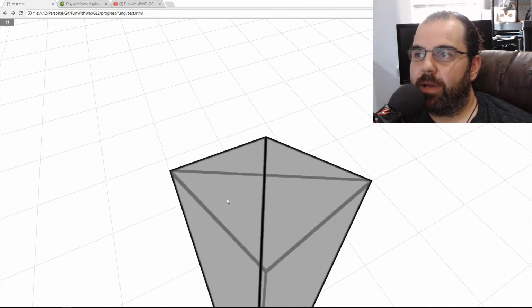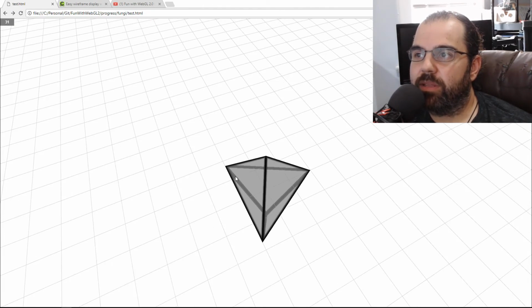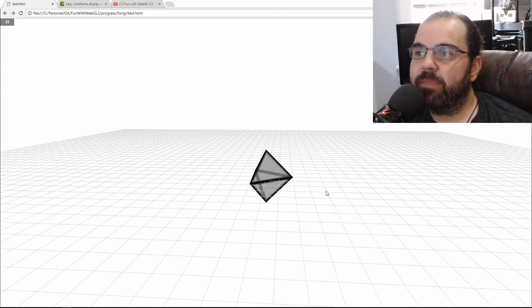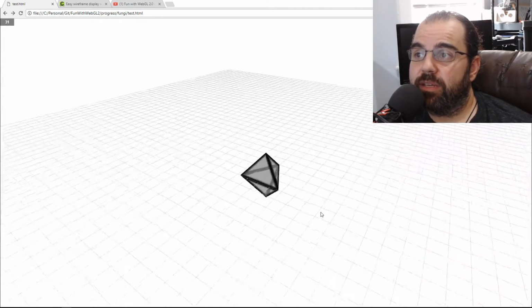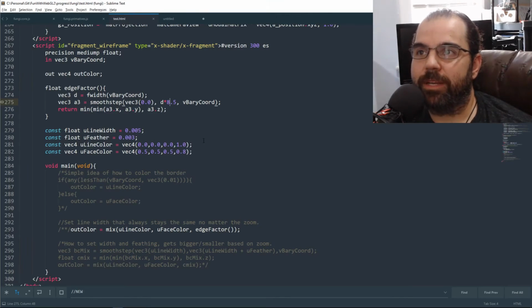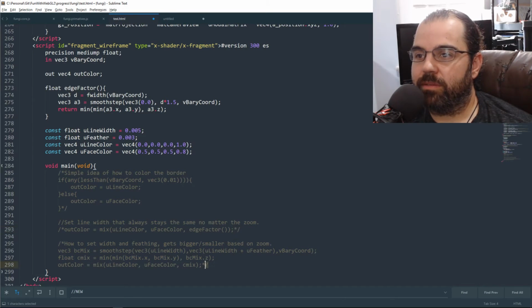So this way, no matter how far away you zoom, the lines are always the same. It depends on the effect you're looking at. Having really thick lines like that kind of sucks when you're zooming out. So if you want nice thin lines, this is what that tutorial uses. And now, the final example is what I did as I bashed my head into the wall trying to come up with something